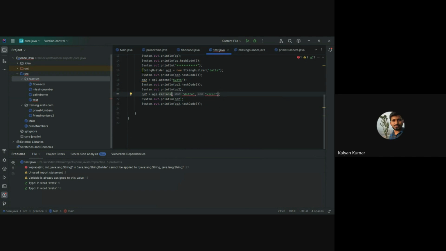No, inside the replace, try to write new string builder Datta, comma, and new string builder Kiran.